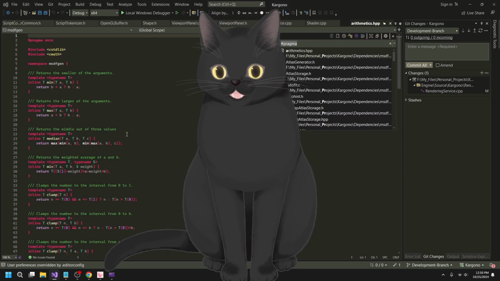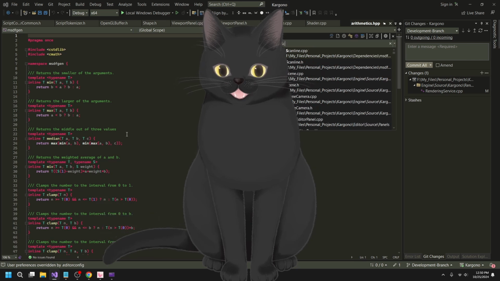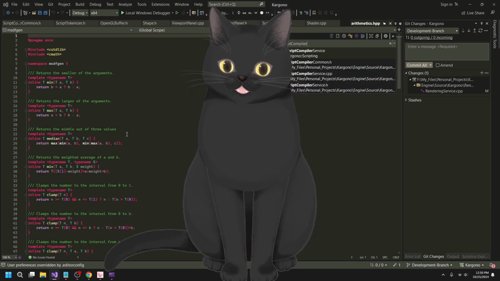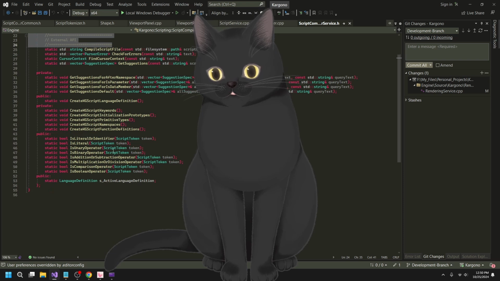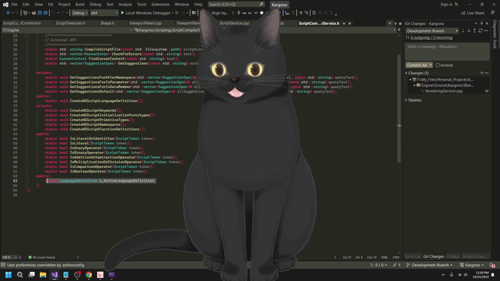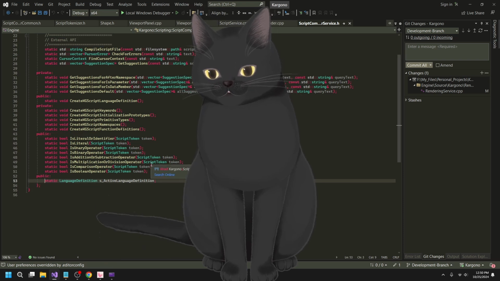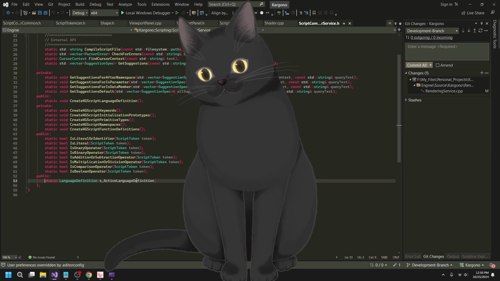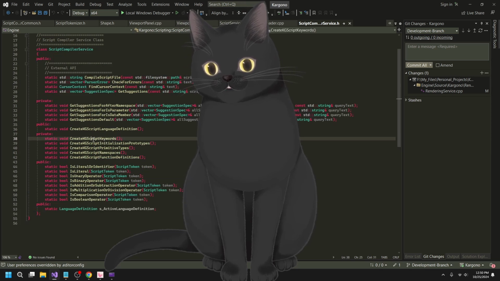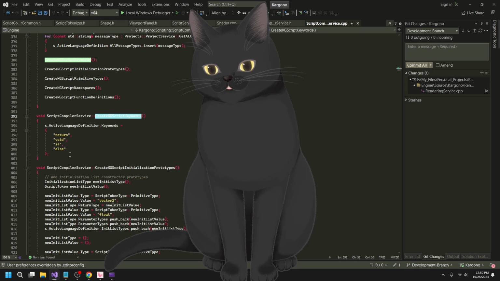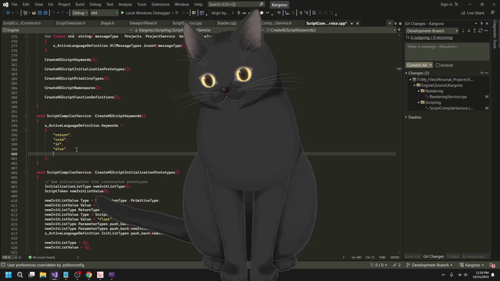We define them in the language definition. So script compiler service, actually, because the script compiler service is a static class which hosts an active language definition for the compiler. So let's see wherever we initialize this, and then we have all these keywords. So all we have to do is just add the keywords here.